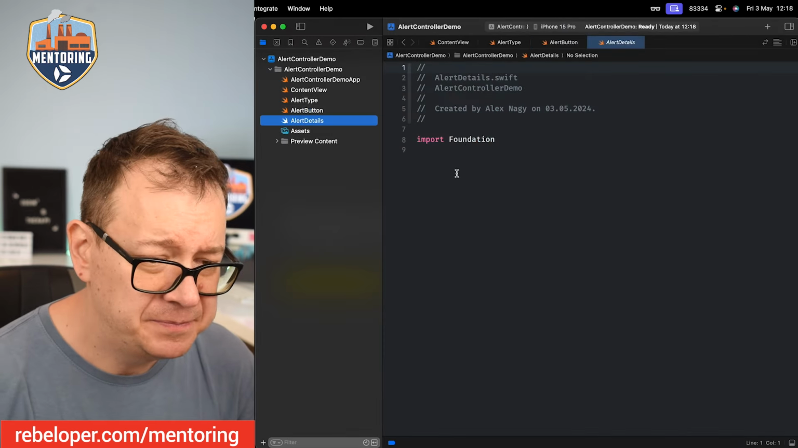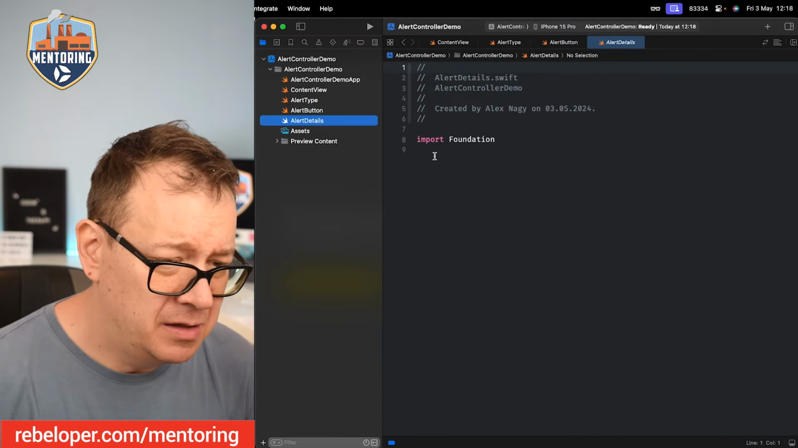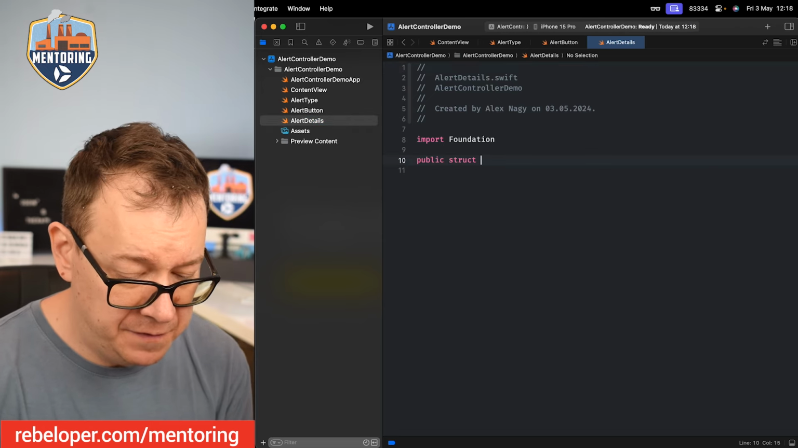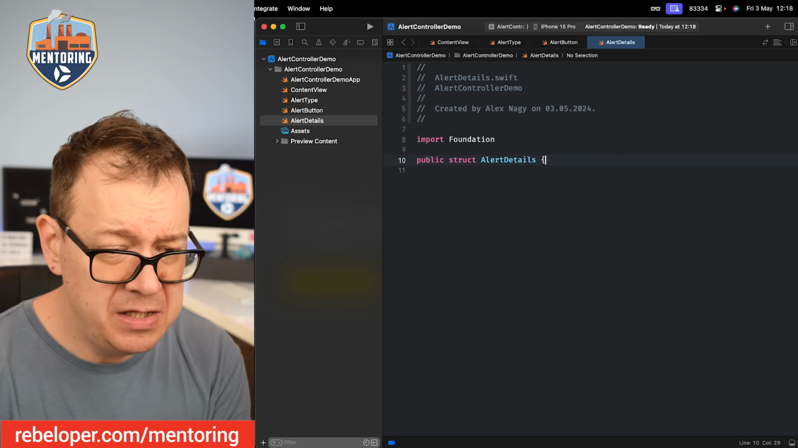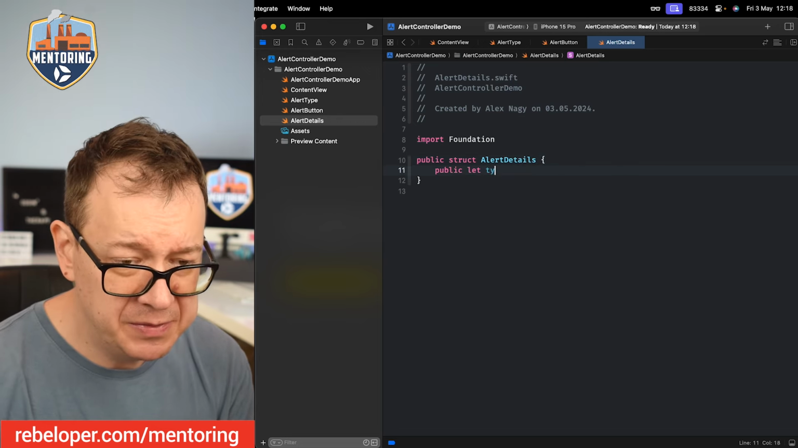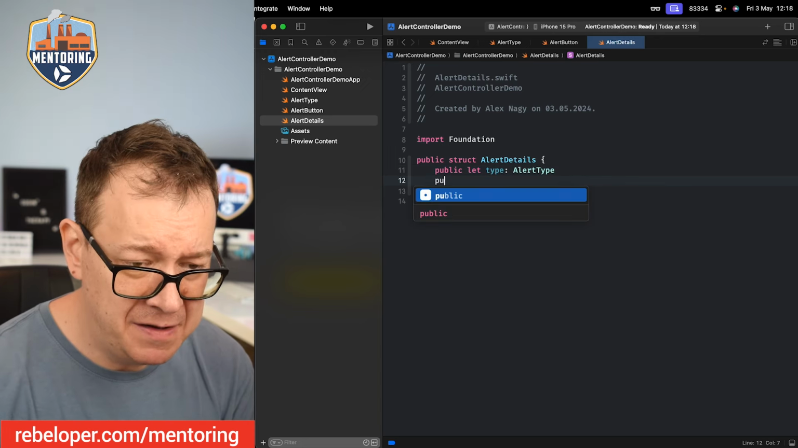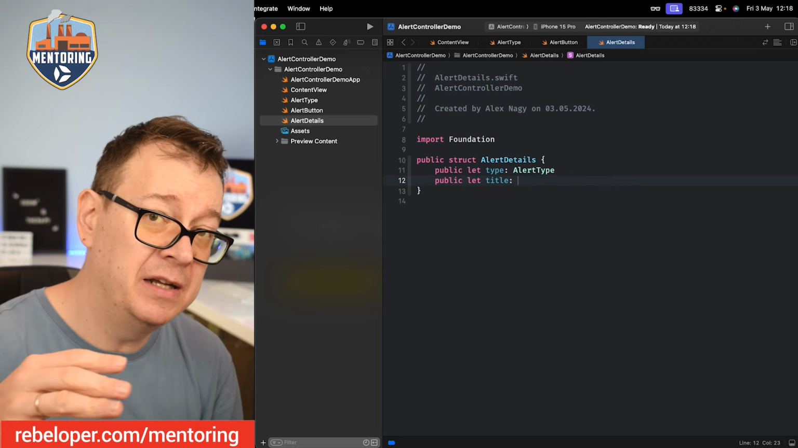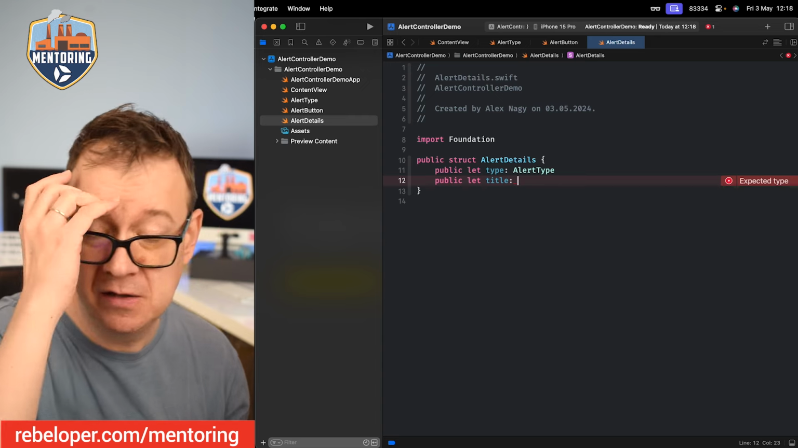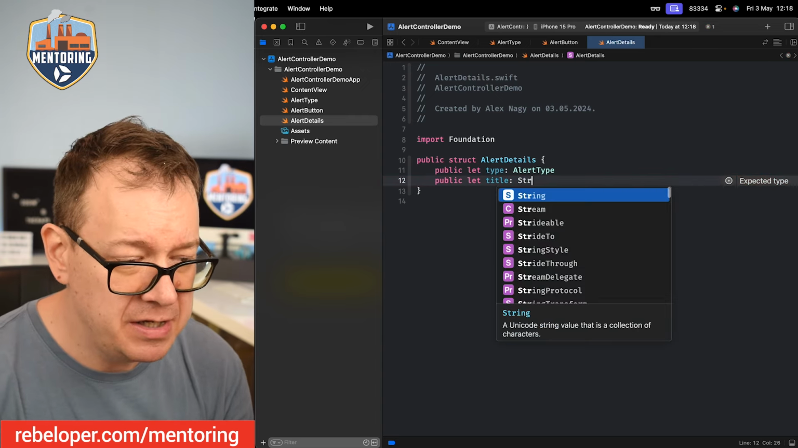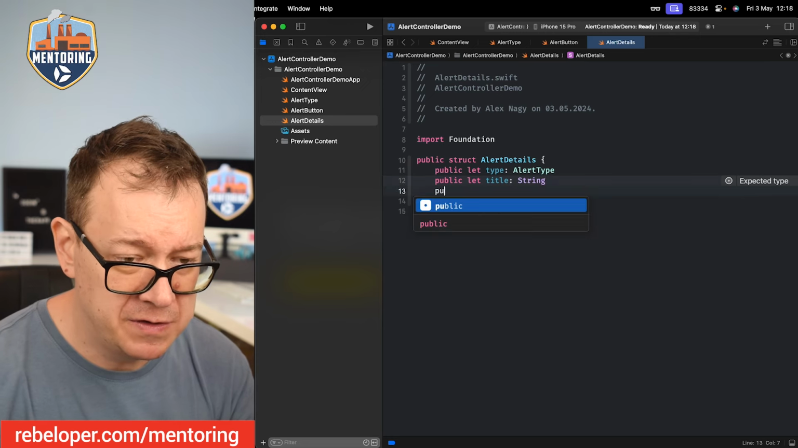Let's create a public struct of alert details. And what will we have over here? Well, our first one will be the type of alert type. Then we would have public let title. Now this is the actual alert's title, not to be confused with the previous title that we have made, that is the button's title. So this will be a string, and then let's also have a message